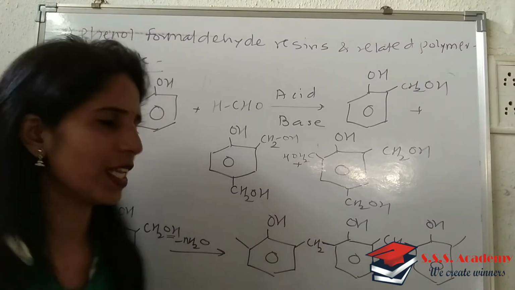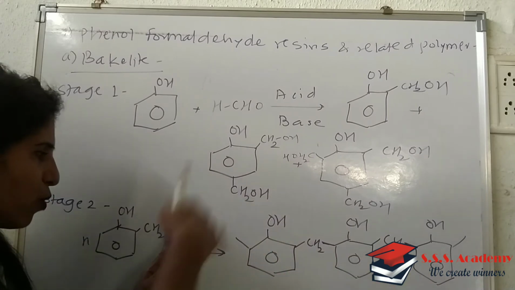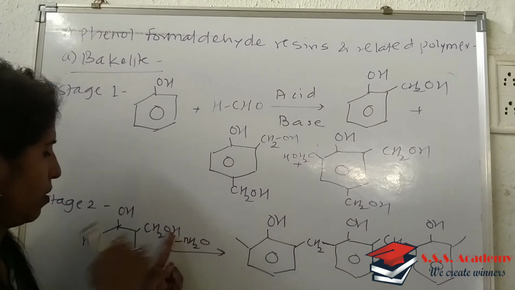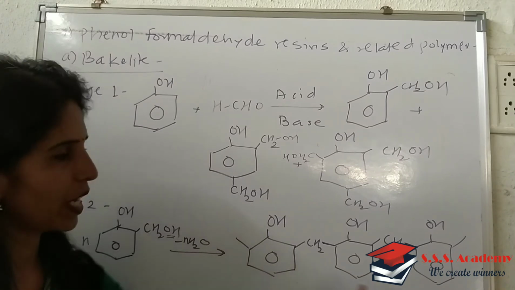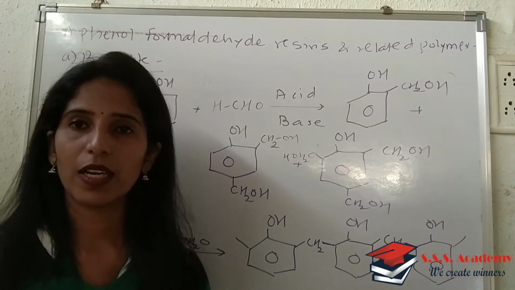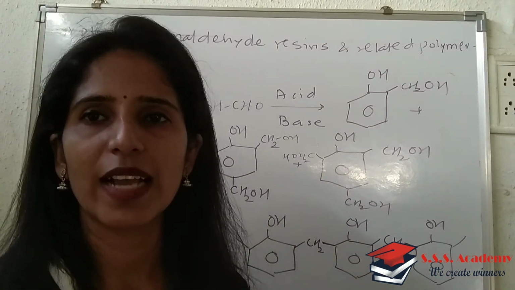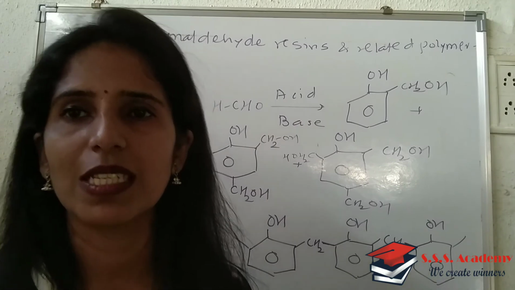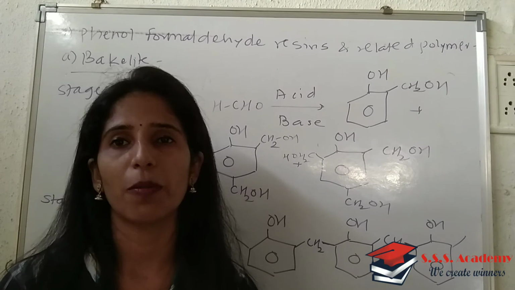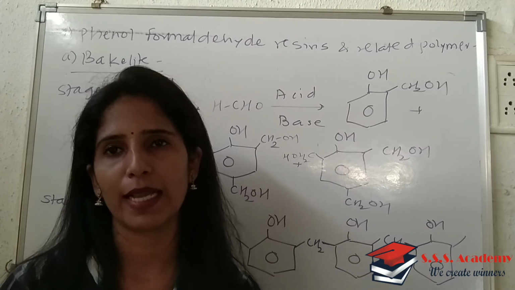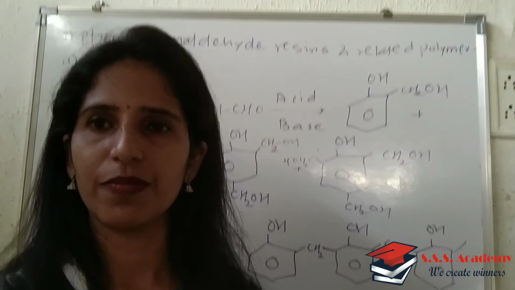Okay, so there is only removal of water. This OH from this unit and the forthcoming hydrogen from the next unit undergo removal of water, and therefore we are getting this Novolac. In the third stage, what will happen? This Novolac is then subjected to a molding process at higher temperature and pressure, and that results in the formation of a polymer which is called bakelite. So next we will see the formation of bakelite in the third stage.